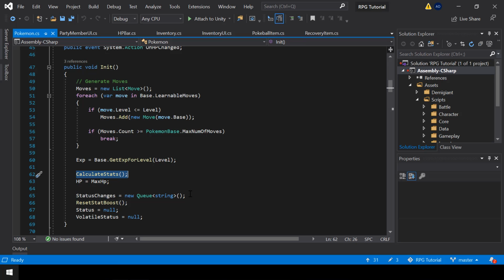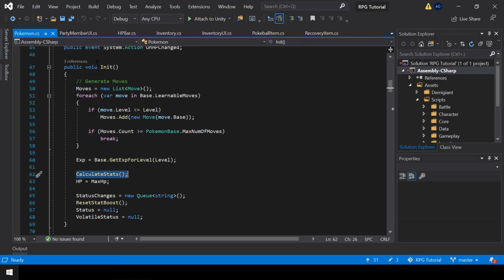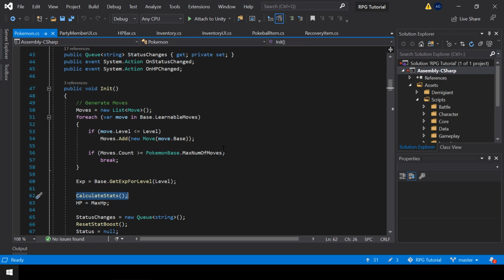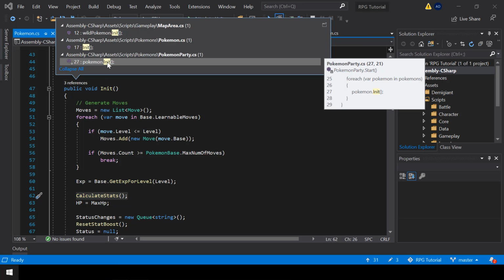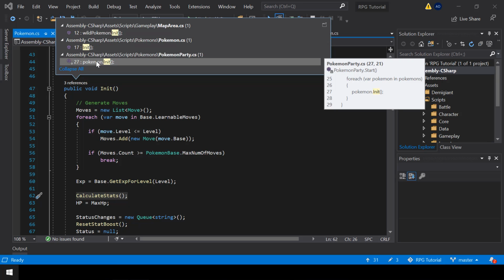All right. So if this was called before the Pokemon was initialized, then the HP and max HP will be 0. Okay. So let's check from where we are initializing the Pokemons. So we have 3 different references here, but for the party screen, we are using the Pokemons in the player party, right?